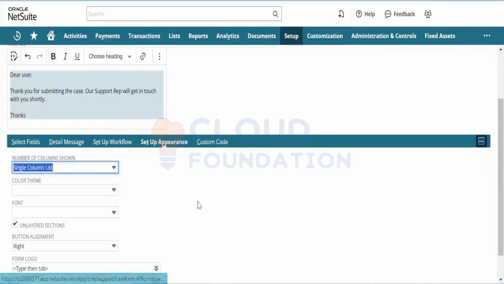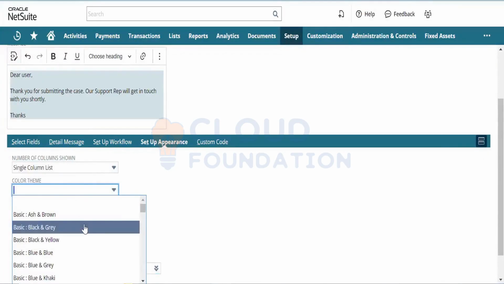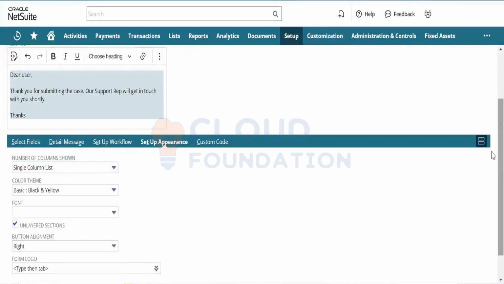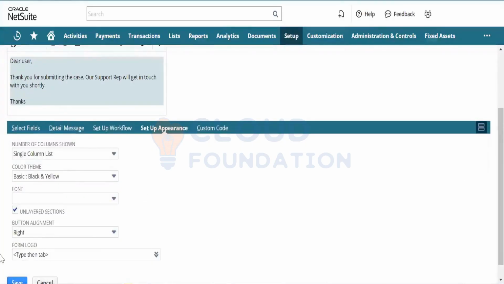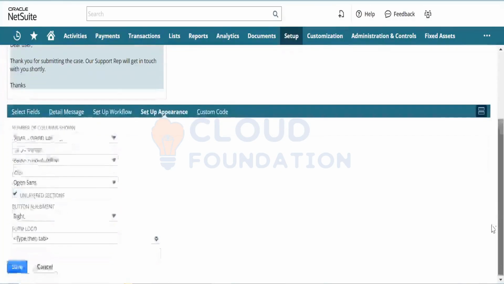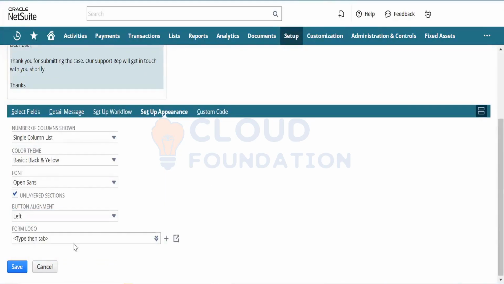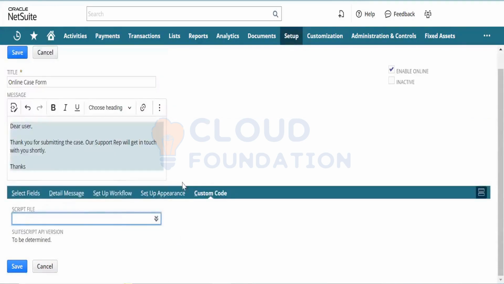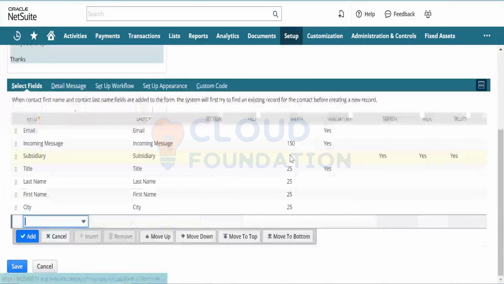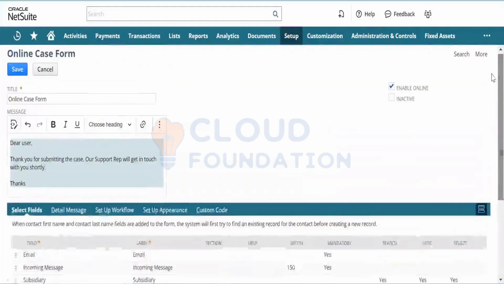And then you can set up your appearances, like what would be the color theme on that particular thing. And then you can set up what's going to be the font, let's say Open Sans, and then button alignment. Do you want it at the center or left? Let's say left for now. And you can select the logo and all this. So once you create your own customer online case form,